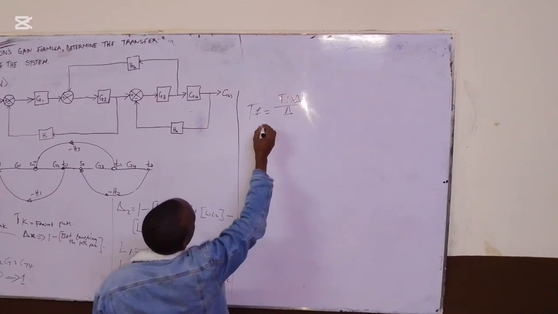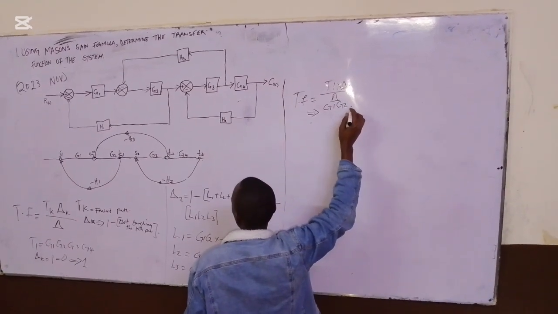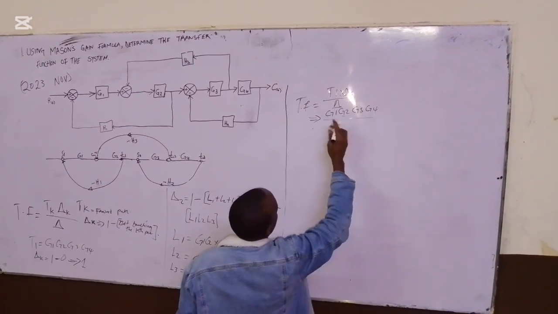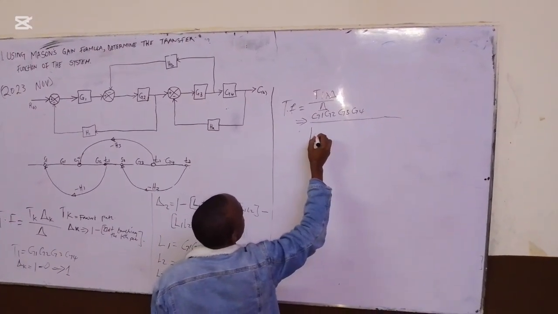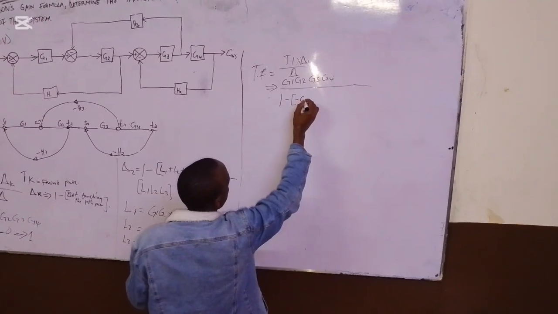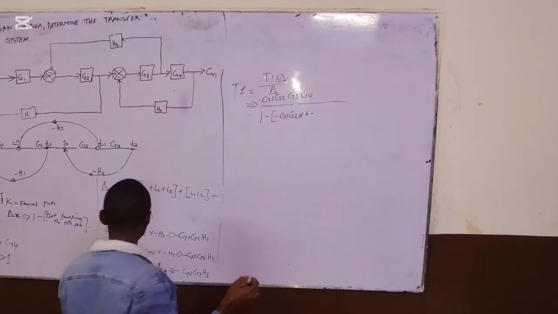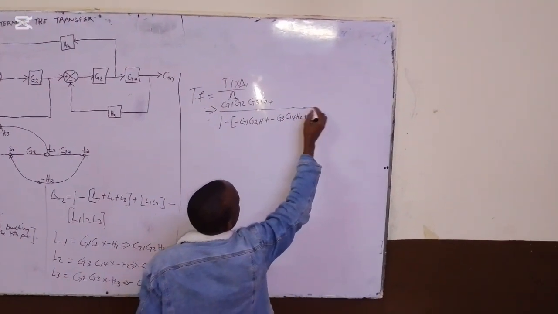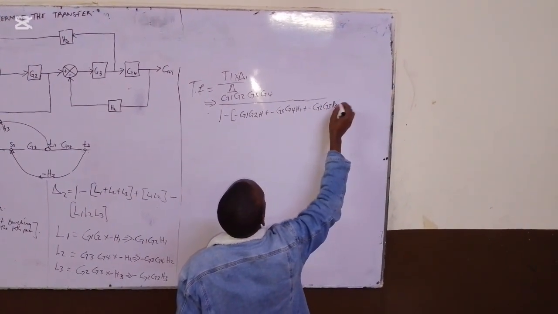So now this gives us T1 is given by G1 G2 G3 G4 divided by our delta, which is 1 minus, in brackets, L1, which gives us minus negative G1 G2 H1, plus minus G3 G4 H2, plus minus G2 G3 H3,